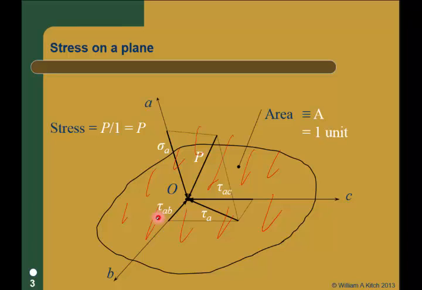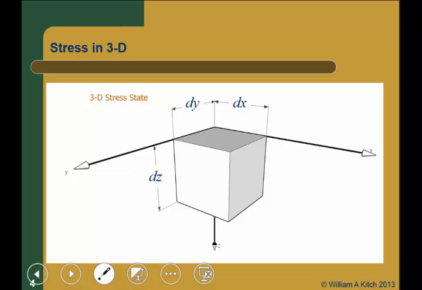Obviously, any one of those 3 could be 0 at any given time, but there are still 3 components. All right. So this is